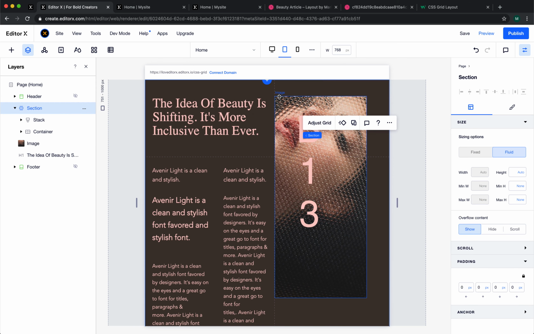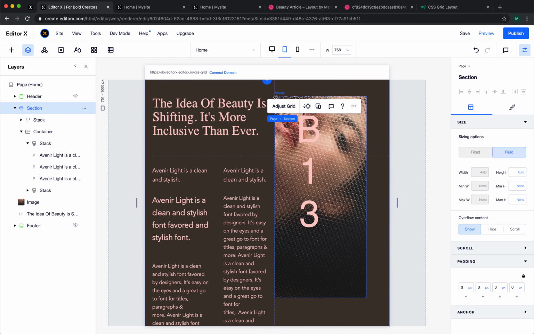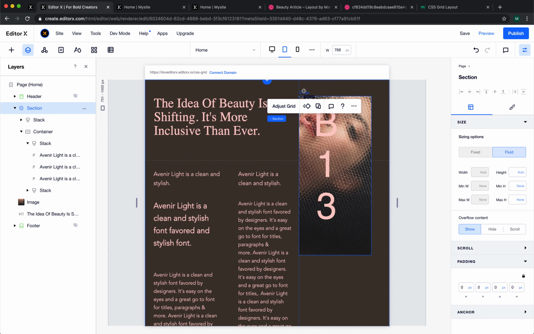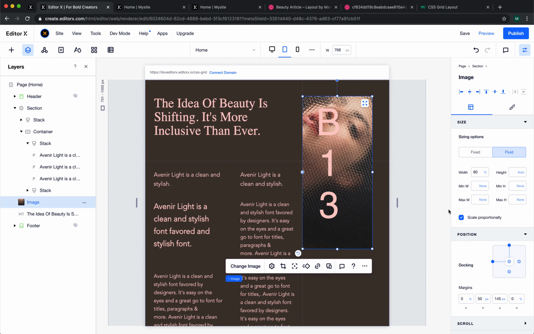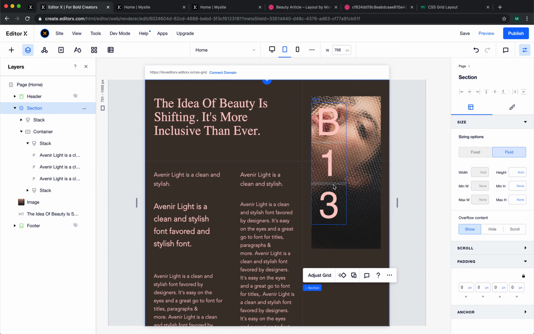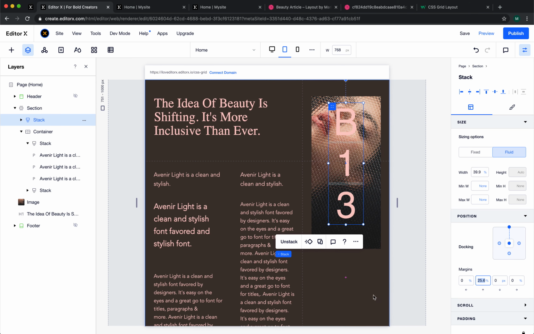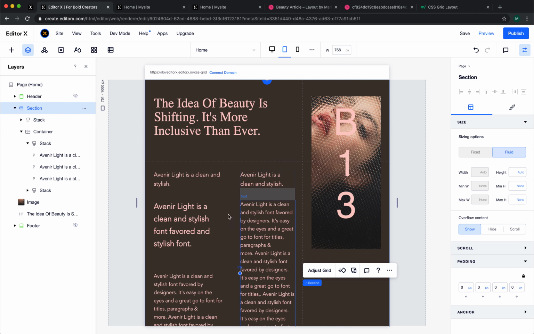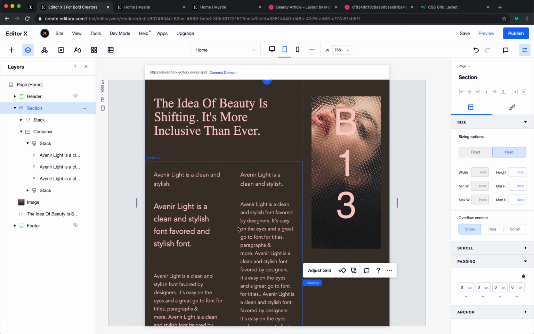And I can drag it from here. I need to select the section, and I'll drag it to take this part. And I can center the image like this, and also the stack element, make it center. All right, so now we have more room for this text, but